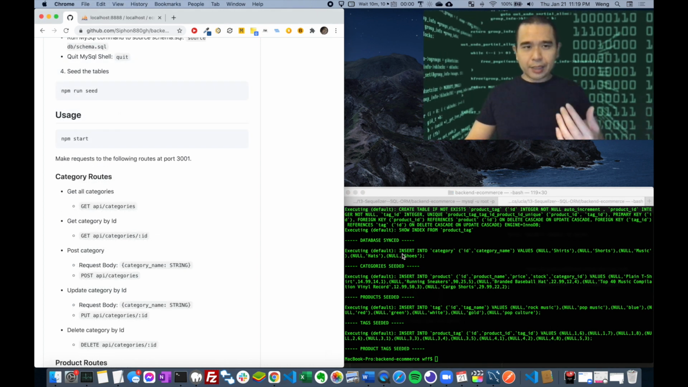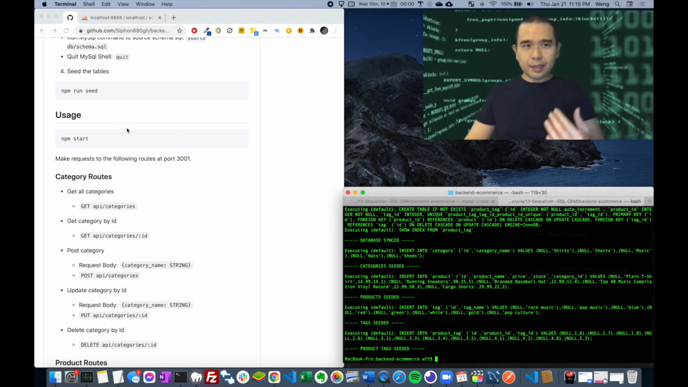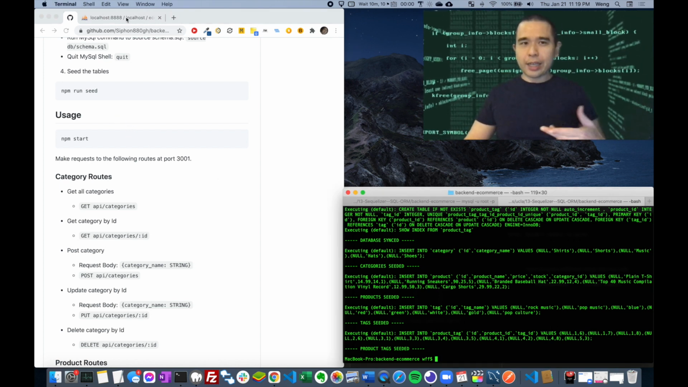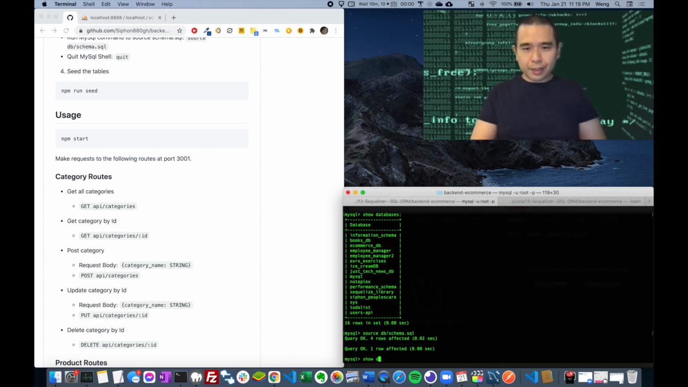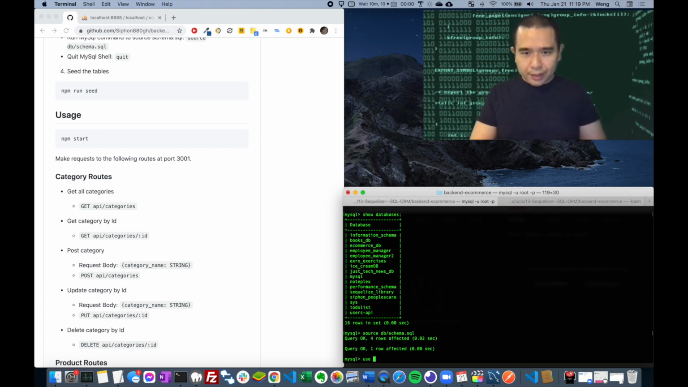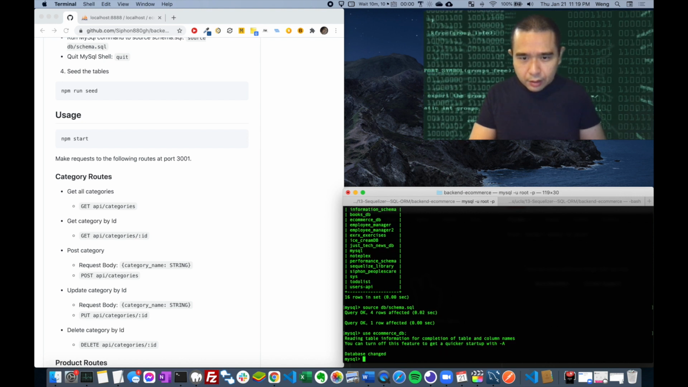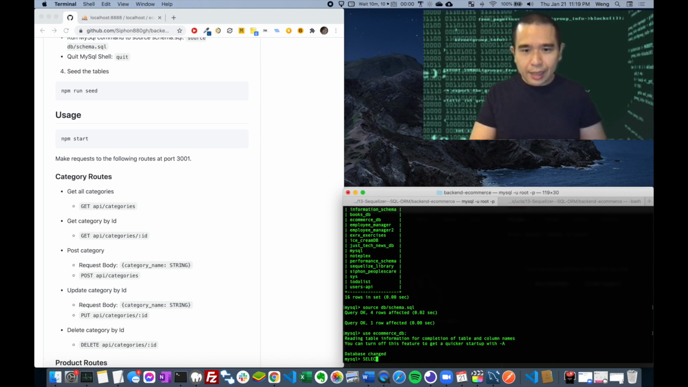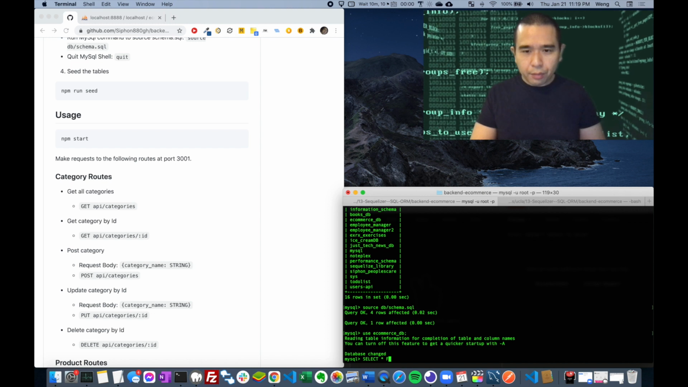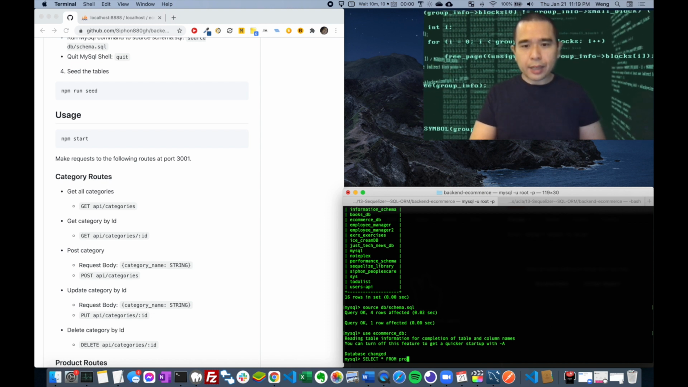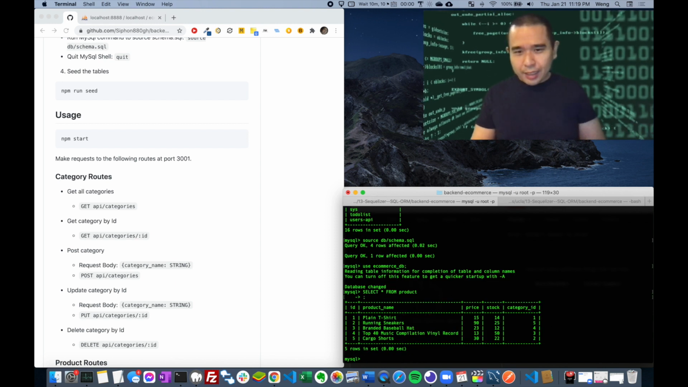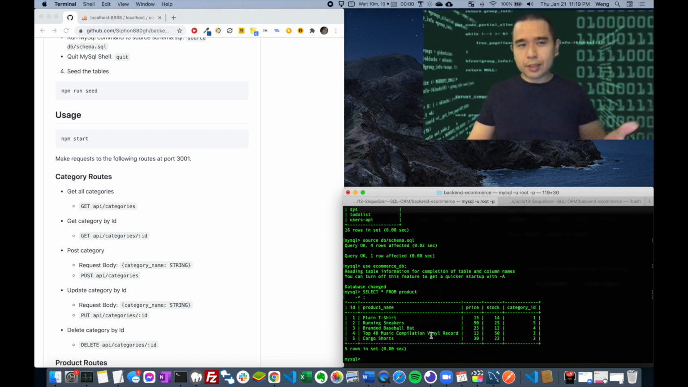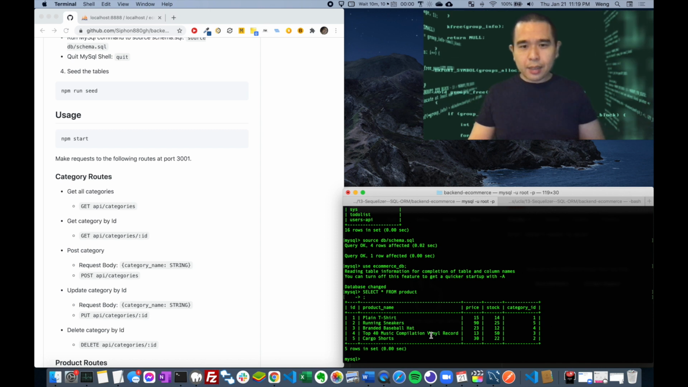After you source the schema and seed the database, you want to double check that the database was actually created. What you can do is go here and start using that specific database, and then you can select all from product. Make sure to have the semicolon at the end. And that's all the products, and you can do the same for categories and tags. But